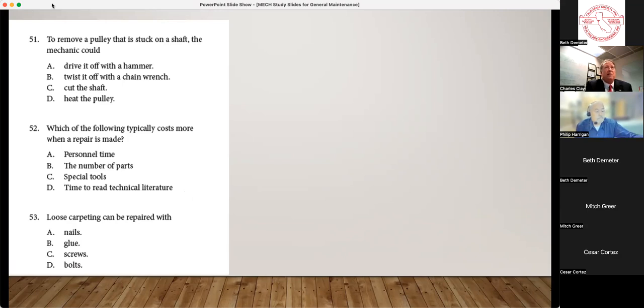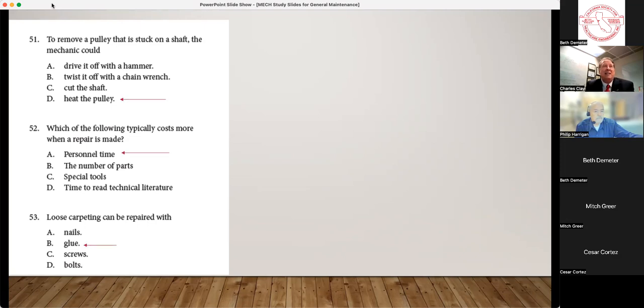To remove a pulley that is stuck on a shaft, the mechanic should do what? The possible answers are: drive it off with a hammer, twist it off with a chain wrench, cut the shaft, or heat the pulley. Okay. Which of the following typically costs more when a repair is made? Personal time, number of parts, special tools, time to read technical literature. 53: loose carpet can be repaired with nails, glue, screws, or bolts. And the answer is,